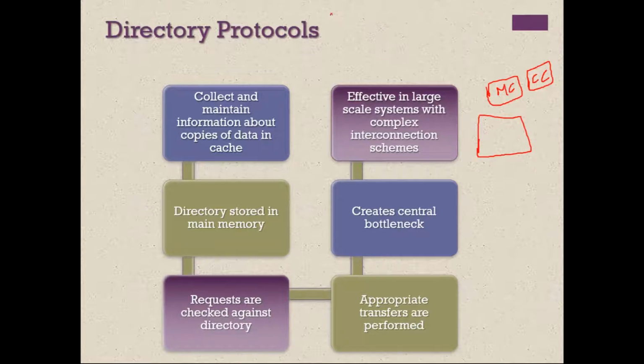Now we have different processors. I am not drawing the processors here, and each of the processors has its own cache. We are talking about SMP, a symmetric multiprocessing system. So we may have hundreds of processors, and each has its own cache. Processor 1 has its cache, processor 2 has its cache, and you can number them C1, C2, C3 up to Cn. Apart from this, every processor will have a cache controller, CC.